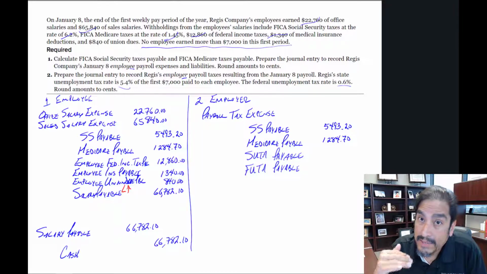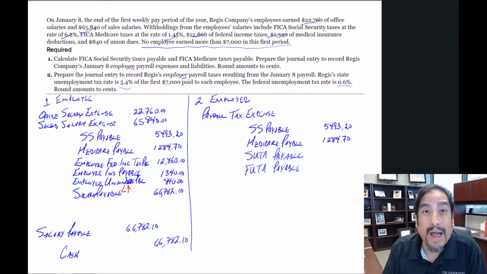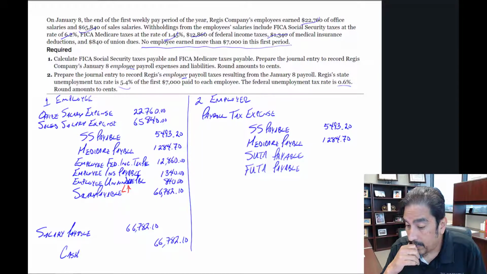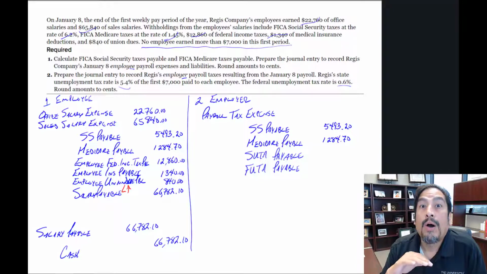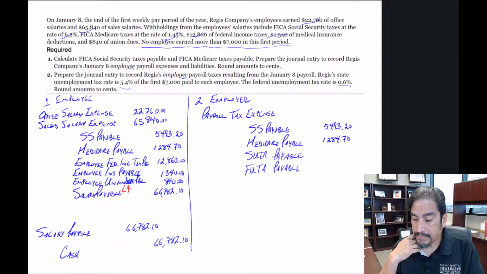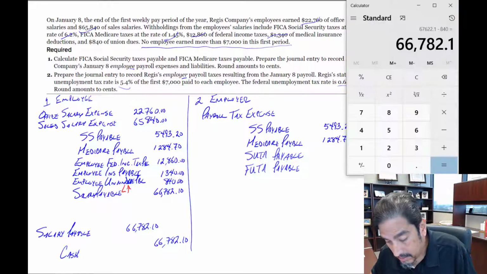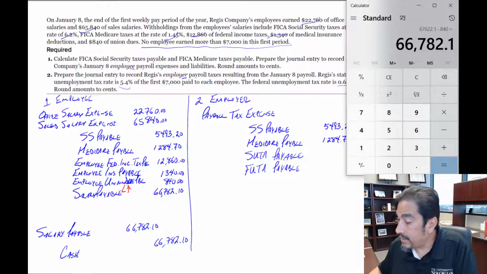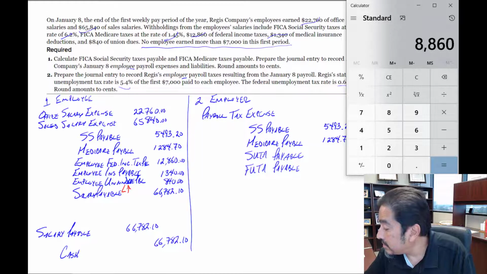But that's not the case. We have multiple employees. We don't know how many. It's not told in the problem. But we are told in the problem that in this first pay period, nobody has gone over $7,000 for the year. So because of that, all of the salary is subject to FUTA and SUTA. So let's calculate that. It's 88,600 times 0.054,